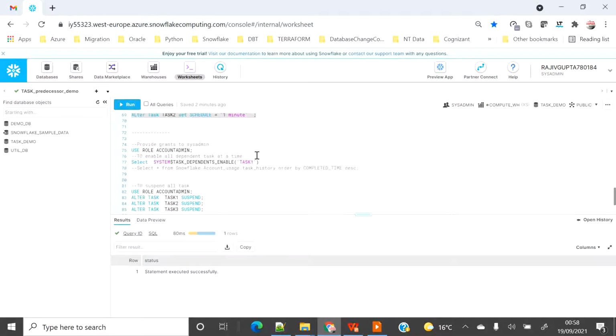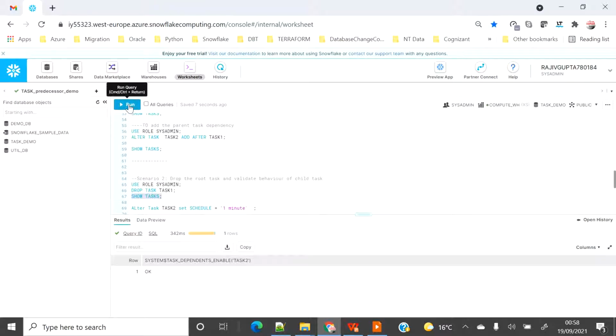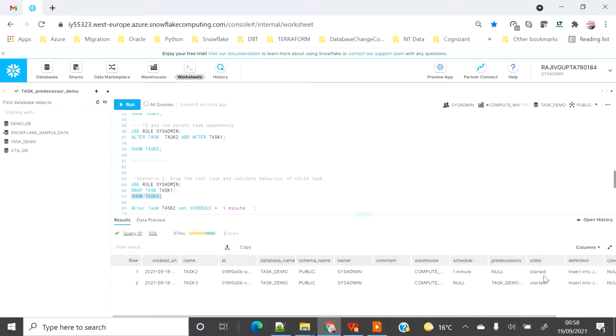Now that I have added the schedule to task 2, I can easily start with the SELECT SYSTEM$TASK_DEPENDENTS_ENABLE function. Now that I started this, if I execute show task, we will see that both child task 2 and 3 started. Now task 2 is the root task and task 3 is the child of task 2.